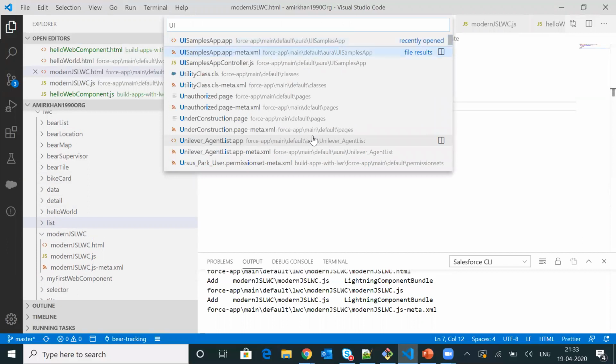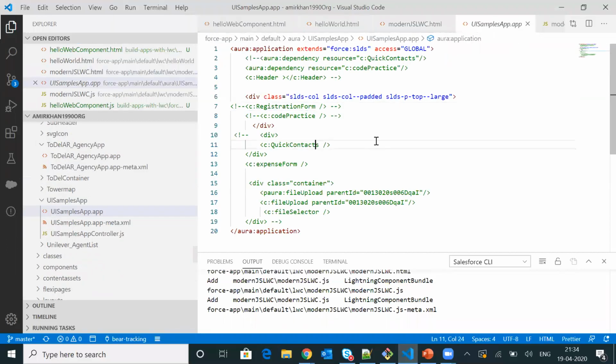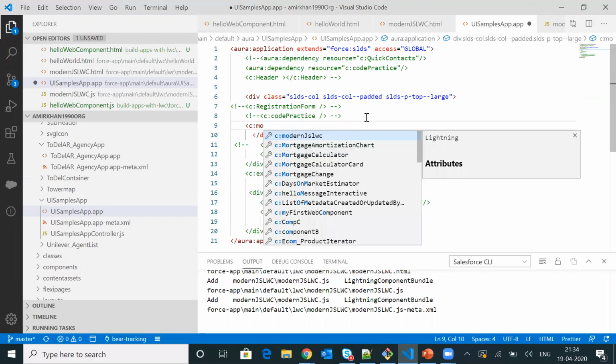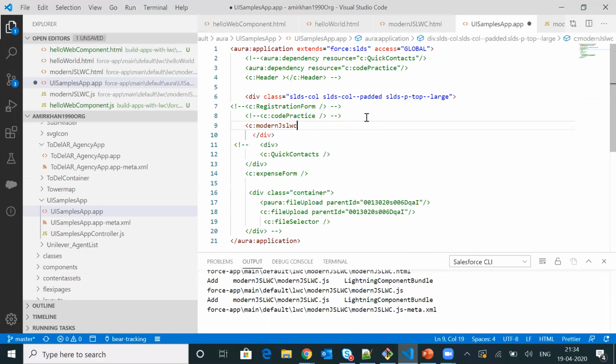The name of the app is UI sample app, and within this sample app, I will be using my newly created component, which is c colon modern LWC, with a closing angle bracket.